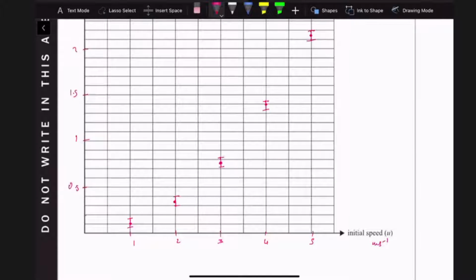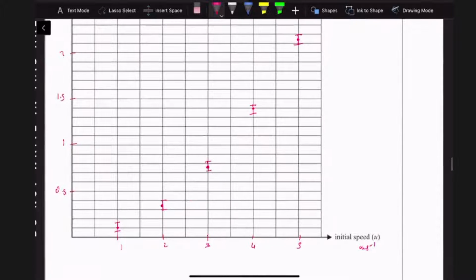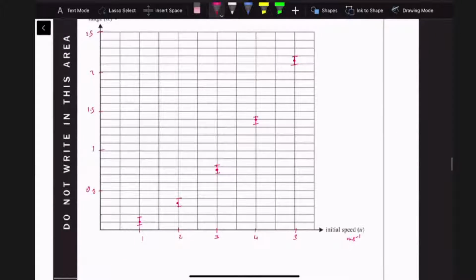So now that we've drawn the uncertainty, we just have to draw a line of best fit, and it has to be a curve. So if I go like this, that's wrong. Don't do this, because the thing with the uncertainty is that your line of best fit has to go through the uncertainty. It's a bit hard on the iPad, but